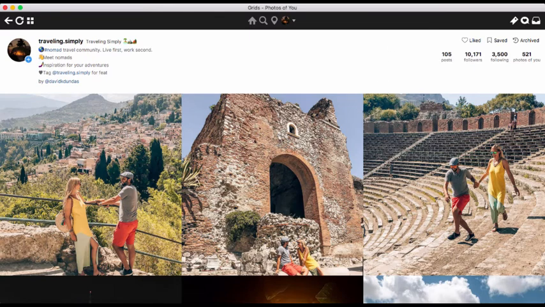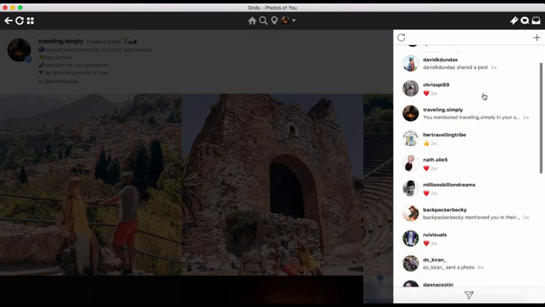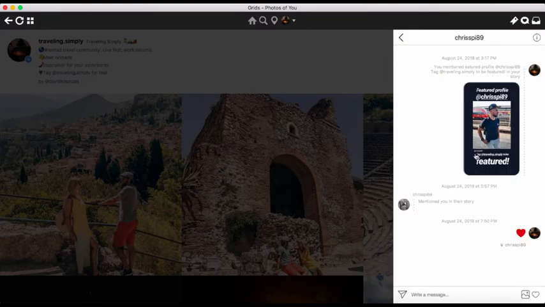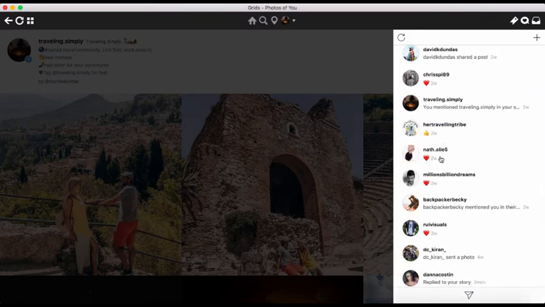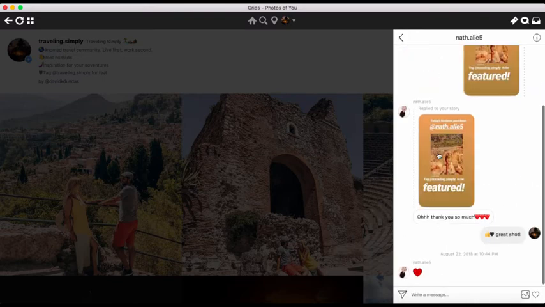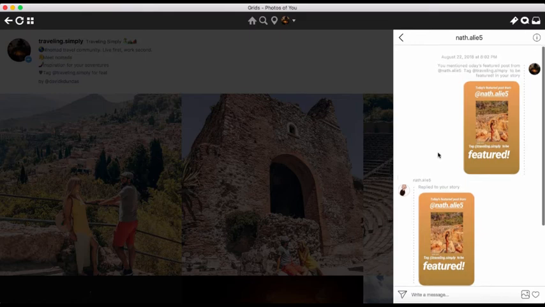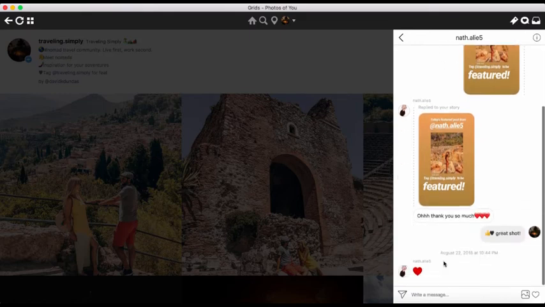I can show you, when I feature another profile, people will message me. So this was when I featured this guy, and he created another story and mentioned me, saying thanks for featuring me. Or this woman, I feature her post in my story, and she says thank you so much, and I say, great shot, right?